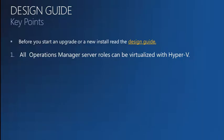The one thing I want to call out is, though we do not officially support VMware for obvious reasons, I do know a couple of customers that have actually deployed it and had some good success with it. So Microsoft does not support it, but I know some of you have kind of hands tied with the options that you have. So